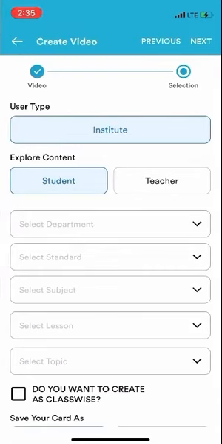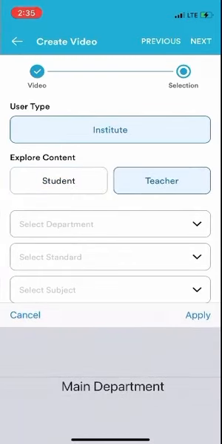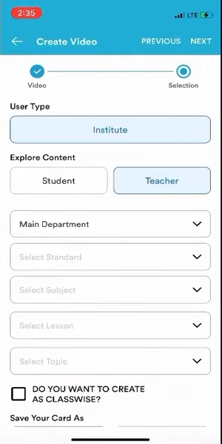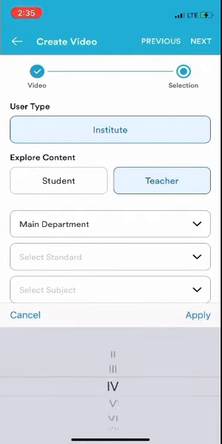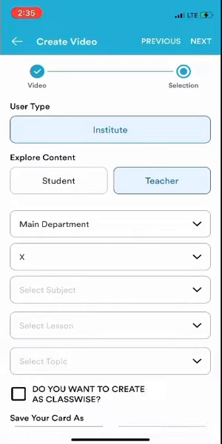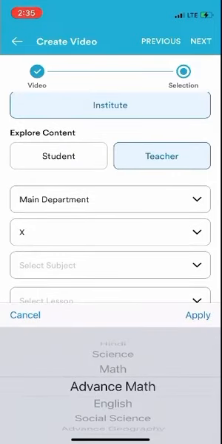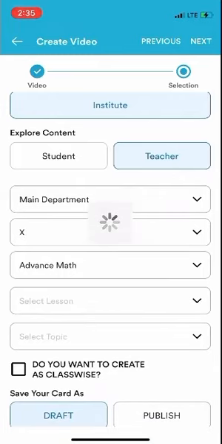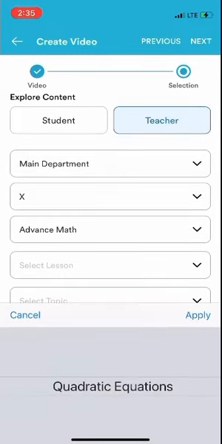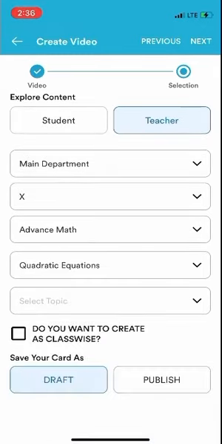Then you'll see the screen. Click on teacher. Then click on select your department, that is main department. Only one option is there. Now you can select your class. Then your subject is very easy. Just click on the required boxes. Then you select the lesson.